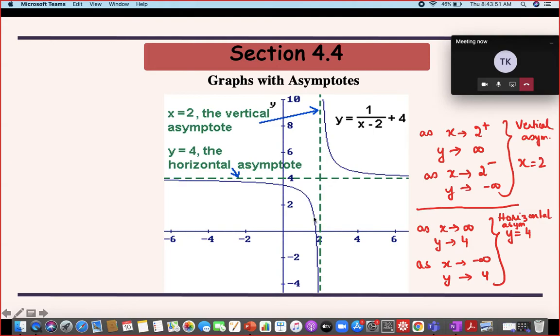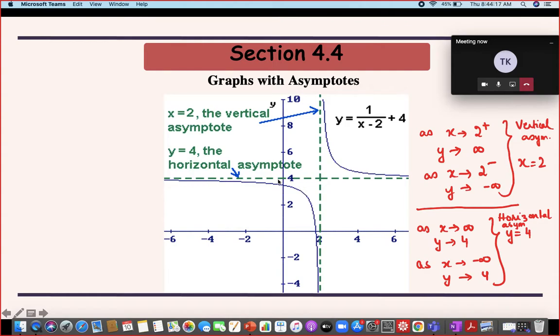Same way, if we look at the other branch, when we are approaching 2 from the smaller side, from the left of 2, the difference again is getting smaller and smaller, but the values of the function are now becoming negative and very, very small. So you are moving towards minus infinity. So this is the effect of this vertical asymptote here.